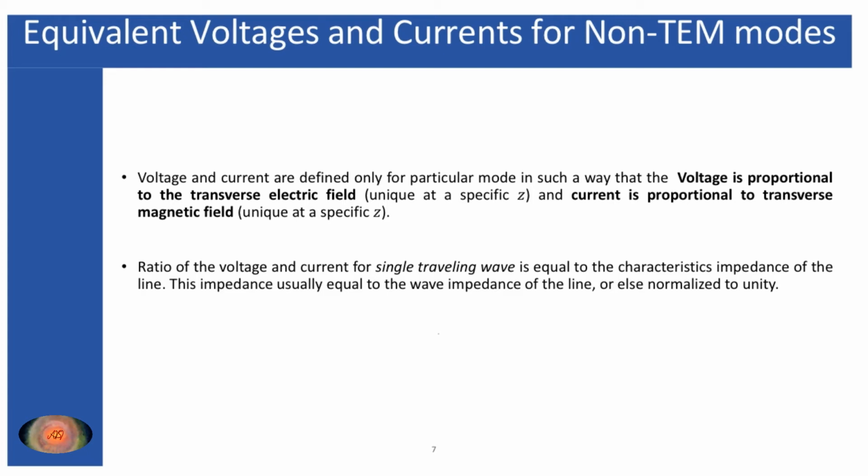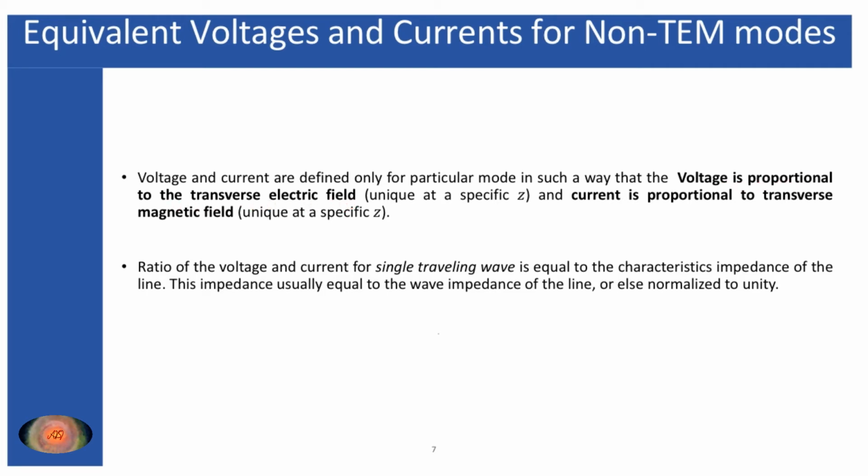Obviously that characteristic impedance should be equal to the wave impedance for the line, because you are dealing with microwave devices such as waveguides, and a waveguide is characterized by the wave impedance. You know from my previous lecture that a wave impedance is nothing but the ratio of the electric field magnitude to the magnetic field magnitude. As a result, as our first consideration is that the voltage is proportional to the transverse